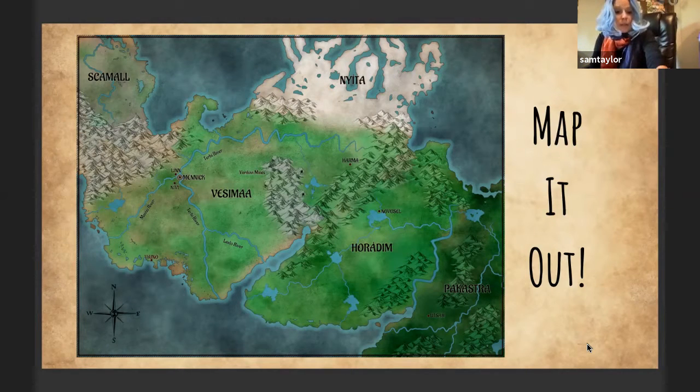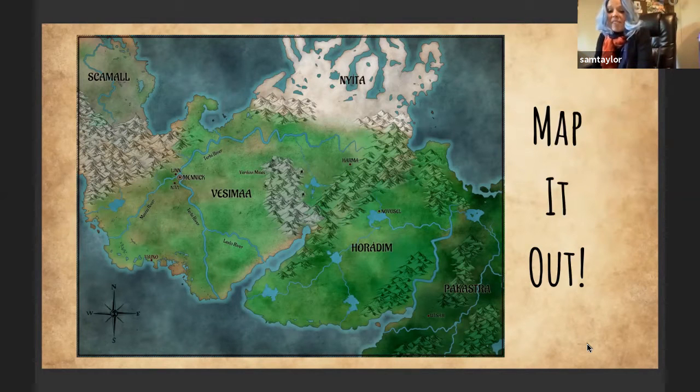And you got the Vesima, the nation behind the fire army, the nation that's causing all the trouble in the story. It's a country of rivers, of mountains, of the very Kiwi mines. And below that one, you got Horadim. It's a country of mountains, a country of farmers. It's a quiet rural nation. That's where Oksana's from. She's a farm girl.